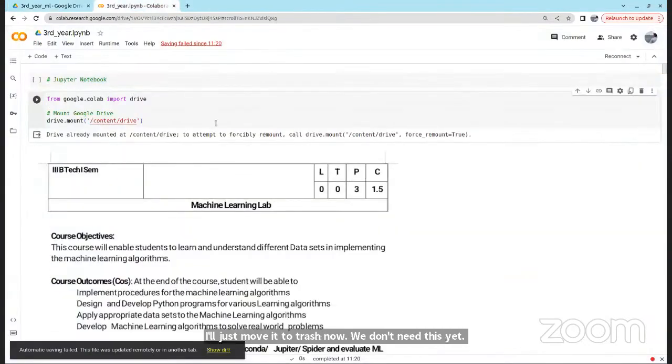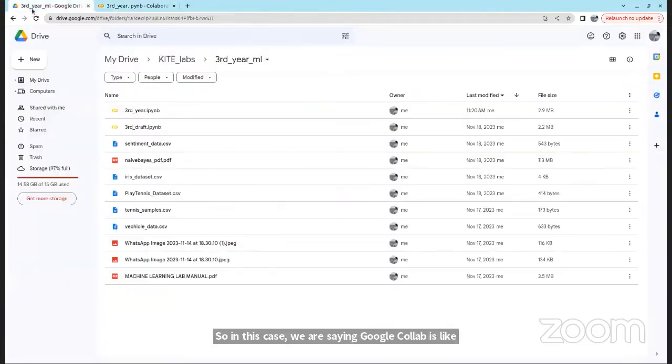Okay, it's fine now. For example, while in local, if you are running a code, you are giving the path. So both the files, code file and data files, usually you will keep in the same folder, right? In this case, Google Colab is like another tab, and you have the Google Drive to save the files.